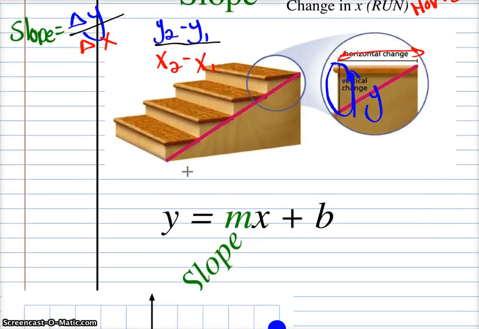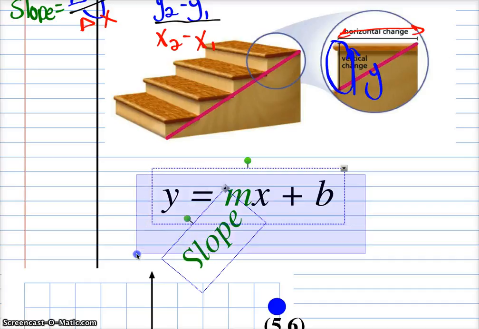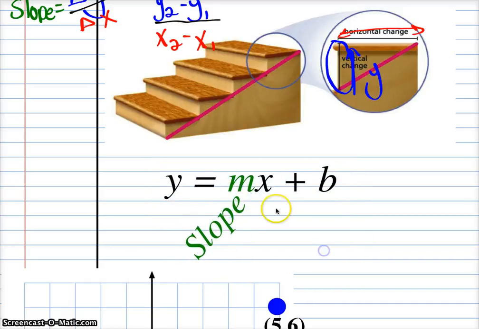In your equation, your slope is always the number that is next to your constant. Okay. It's the number in front of the x. Okay. If your equation was rewritten in a different order, it's still the number in front of the x. So for example, if your equation was y equals 3